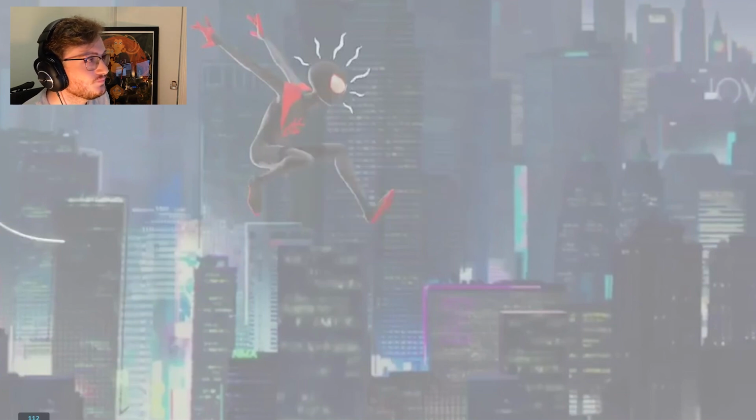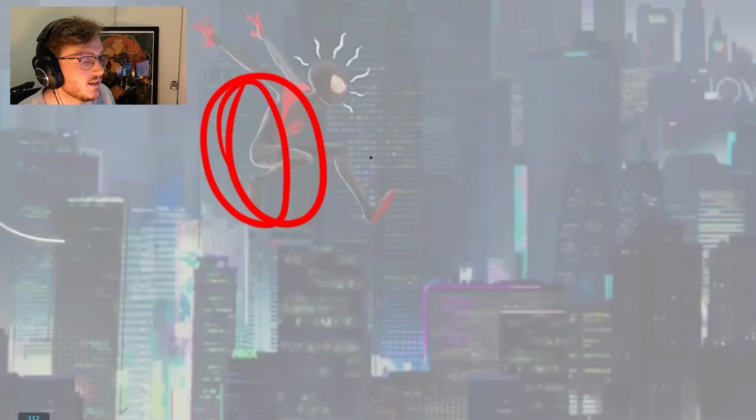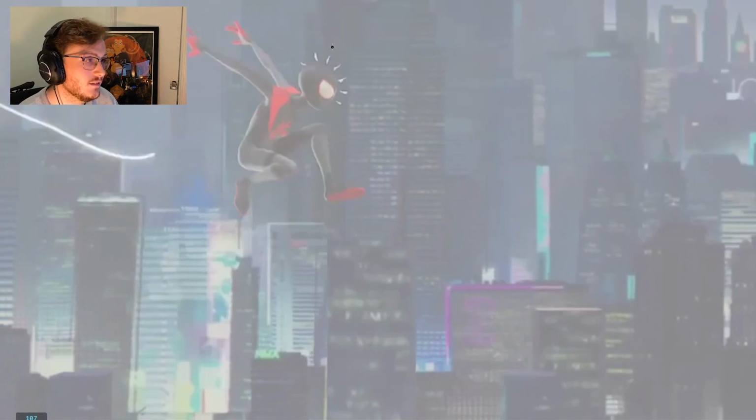If you isolate certain actions and then give that enough time to let the thing that the audience needs to see breathe, then you're doing your job correctly. You can see here how everything in the body on Miles stays still whilst the spidey sense goes off, and that makes it very clear for us to see.